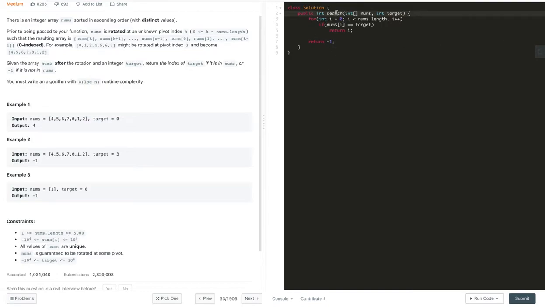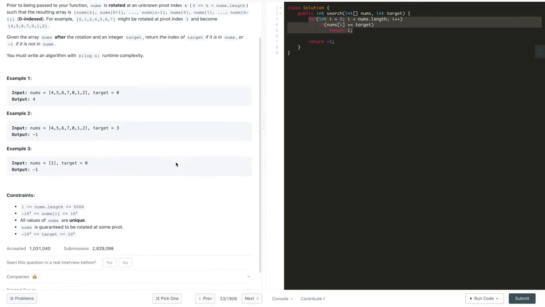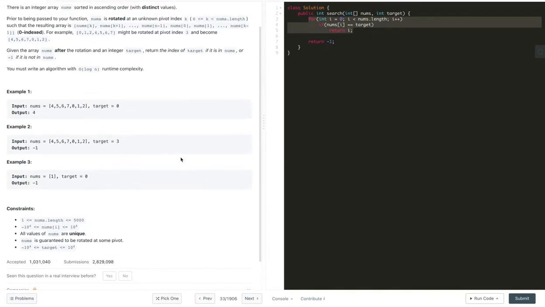As you can see, the first solution code is already written here. We are just scanning every element one by one and comparing with the target. If we find it, we will return the index. Otherwise, in the end, after looking at all the elements, we just return -1. But we are not making use of the sortedness. The time complexity of this linear solution is just O(n), as we are scanning all the elements in our array. But we are not using the sorted property, as I already told you.